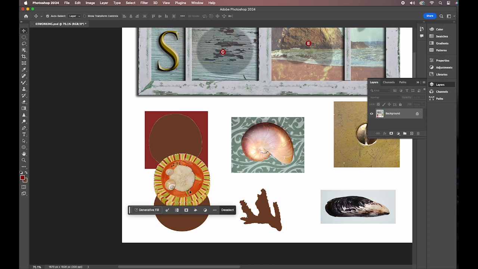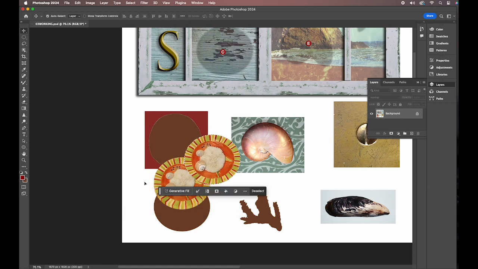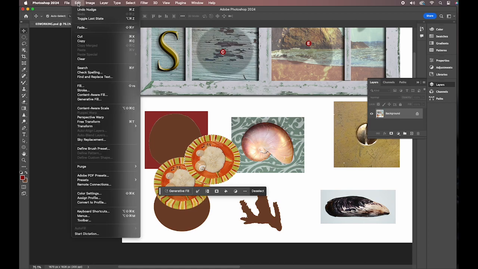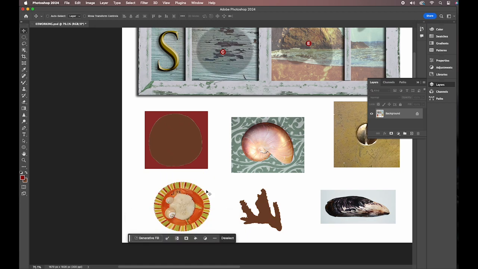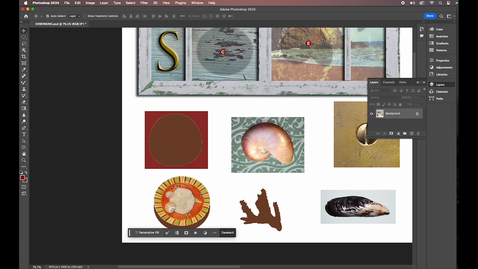I actually pressed a button there and that copied it. So we're just gonna Command Z that. All right, so if you just want to hit the up arrow,